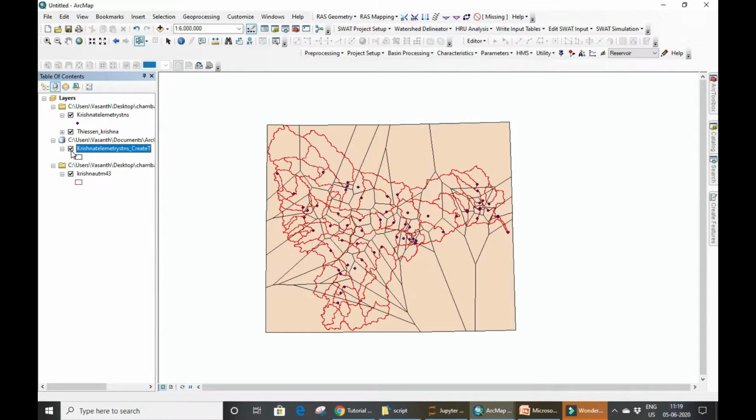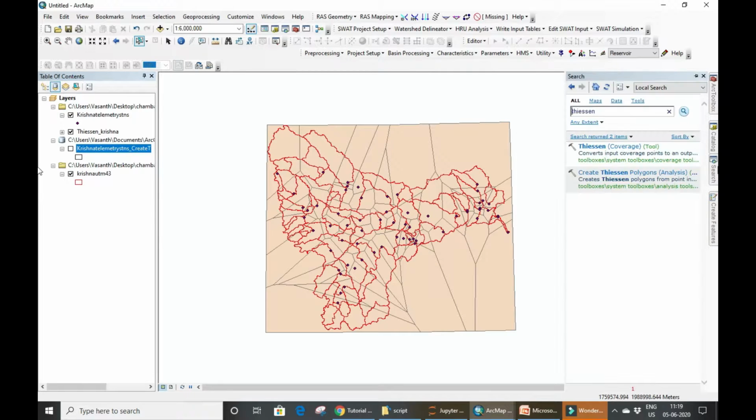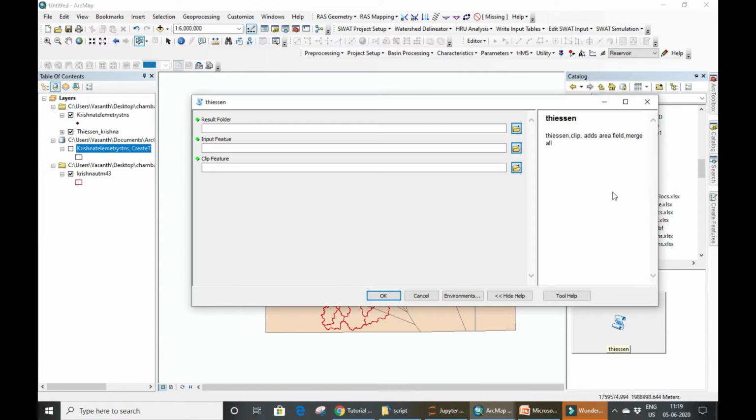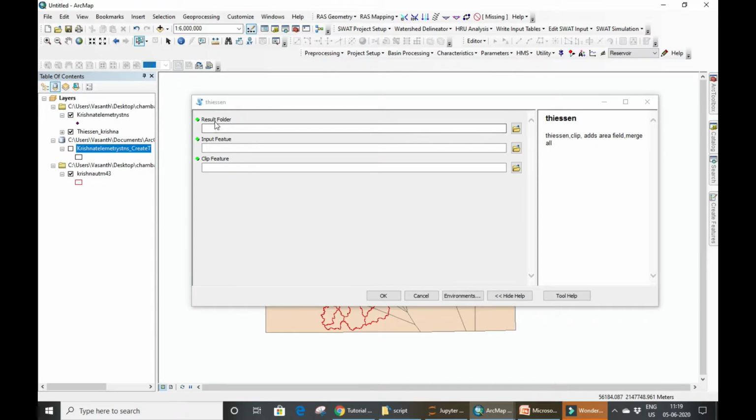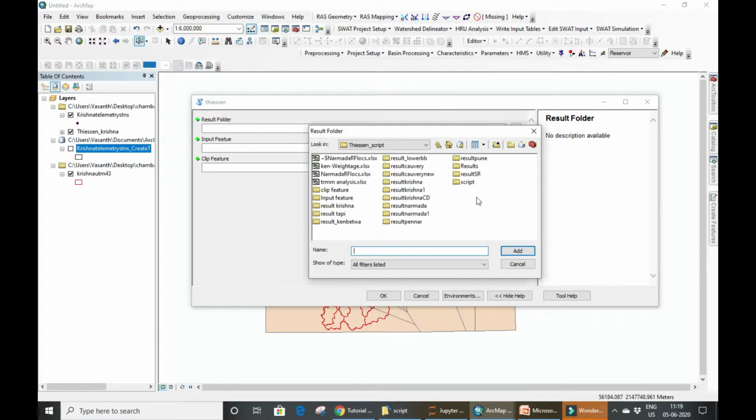Once you have this Thiessen script, it is exactly the same as what you saw over here. We will use this Thiessen polygon shapefile to calculate this weightage matrix. For that, we have already rebrowsed, so we know that it will work, and you double click it, this opens. You need to give a blank result folder. You need to create a folder and then assign that folder to this input. So I will create, and here I will say test folder.